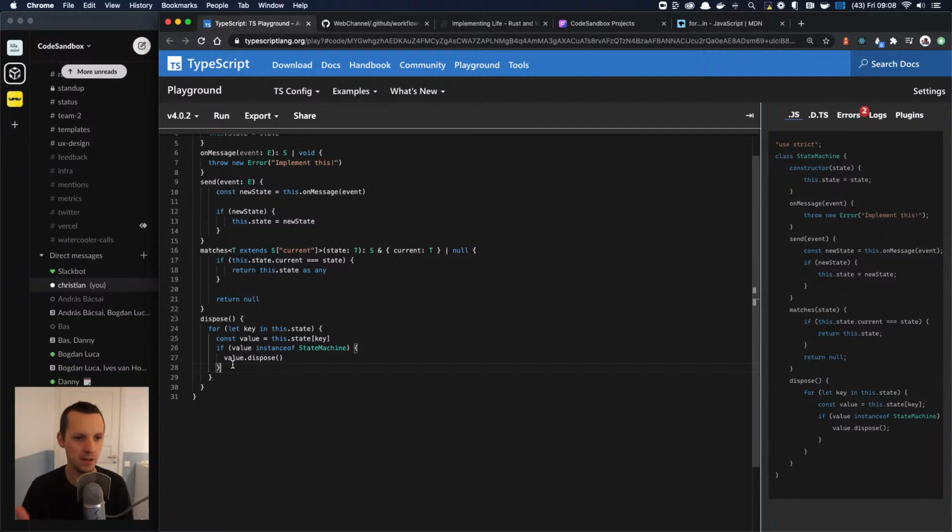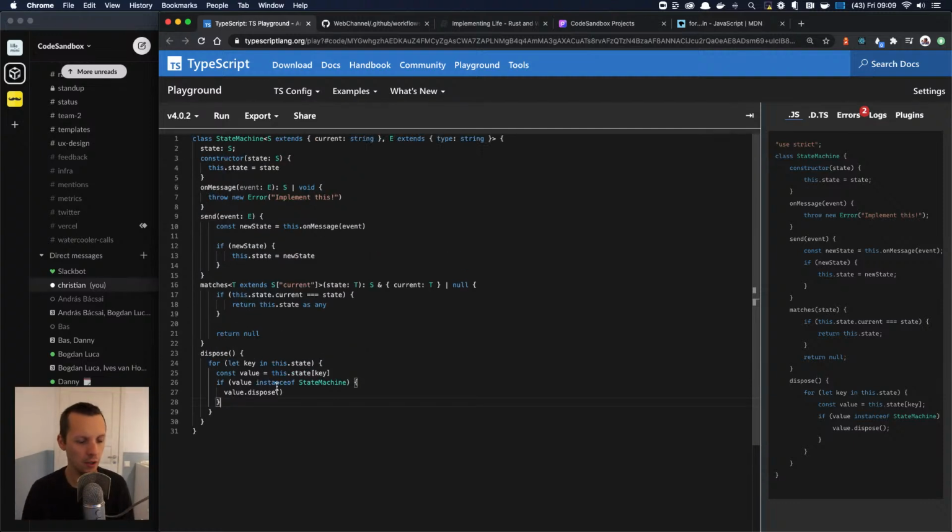Anyways, so this is what we want to do. When this state machine is disposed, it should go through its state and it should dispose everything there. Yeah, I guess there's one thing I haven't thought of here, and that is if you were to insert a state machine as,